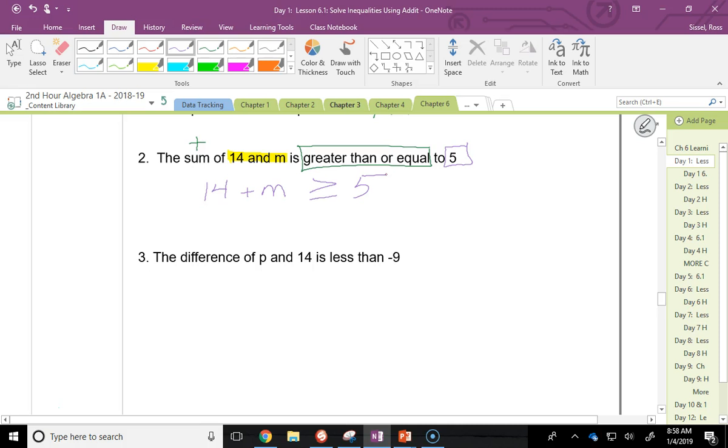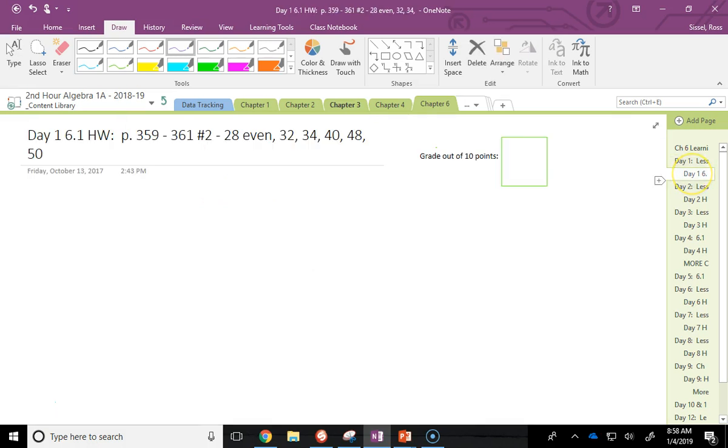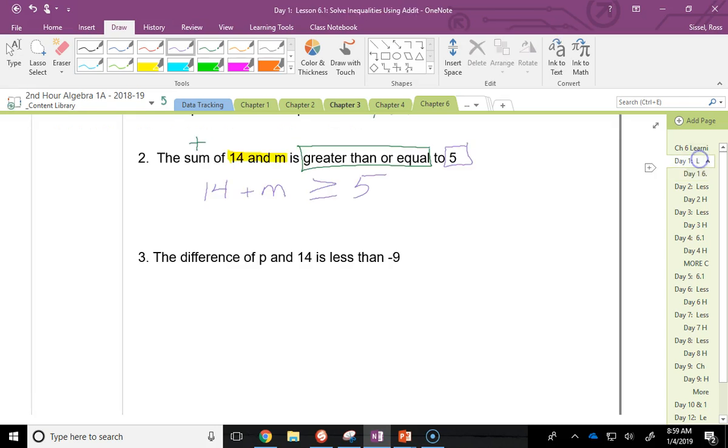Okay, I'm going to stop there. I know we have one more, but we have 5 minutes left, and you have to do something before you leave. So, I'm going to go over a couple things. 1, your homework. Out of the textbook, page 359 to 361, 2 through 28 even, and then 32, 34, 40, 48, 50. Okay? Before you leave,